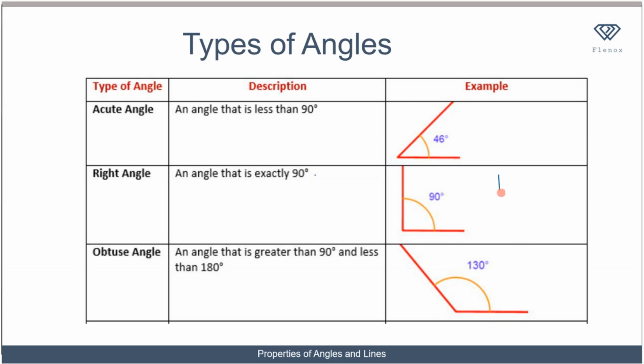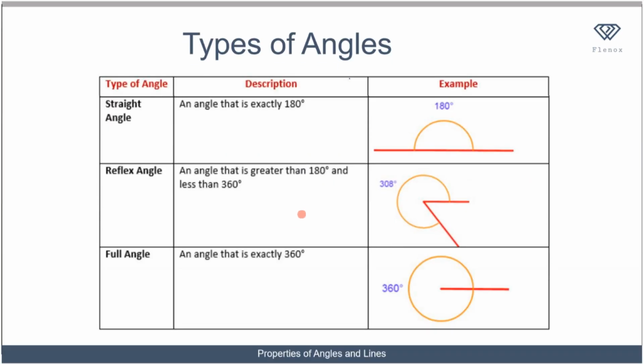Another way of denoting this, as you will see, is you just have this square at the edge of the intersection of the two lines. So to recall, a right angle is an angle between two lines in which the degree is 90 degrees. Then you have an obtuse angle, an angle that is greater than 90 degrees and less than 180. So as you can see, this angle here is greater than 90 degrees because 90 degrees will be over here, but is less than 180 degrees. So this is referred to as an obtuse angle.